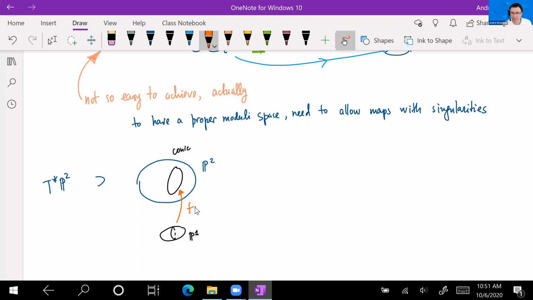Map f of degree 2. But if I have a family of conics, of course, a family of conics will degenerate to a union of two lines. Right? So there's no way to parameterize a union of two lines by a map from this P1. And so what people do in the moduli space of stable maps, so in